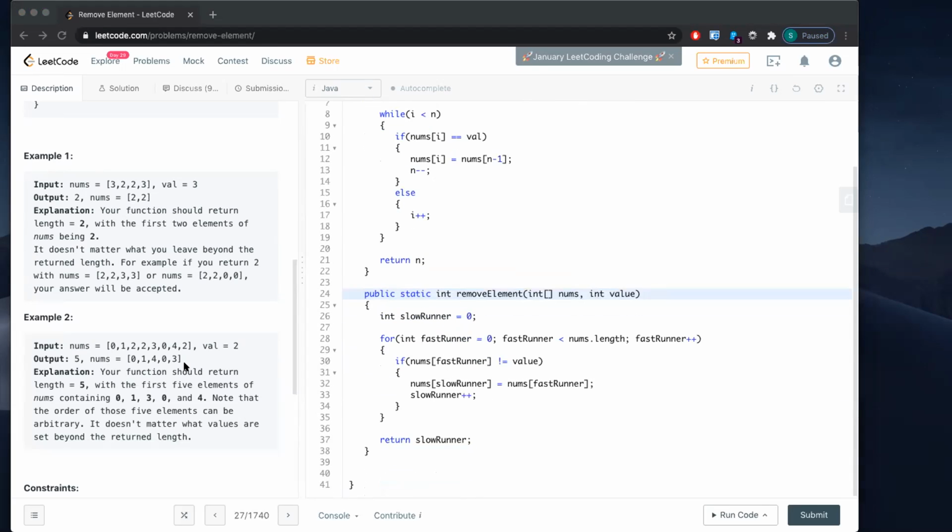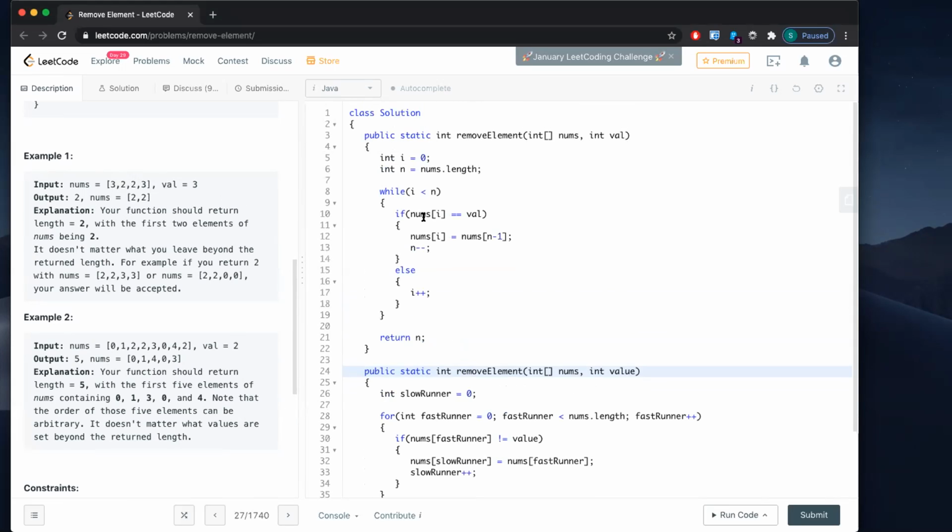Here, what we're doing is we're just copying at a slow pointer. We're copying everything. If it's not equal to the value, copy this to here, copy this to here, move 3 and then the back. But here, what we're actually doing is we'll have two pointers. The first pointer will be at index 0. The last pointer would have the index, in this case 0, 1, 2, 3, index 3.